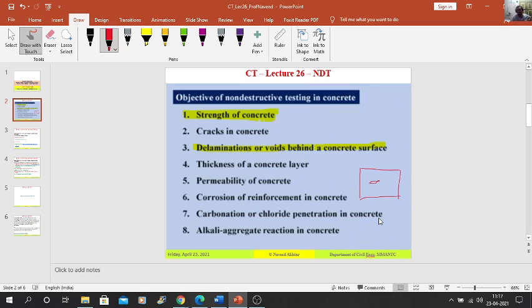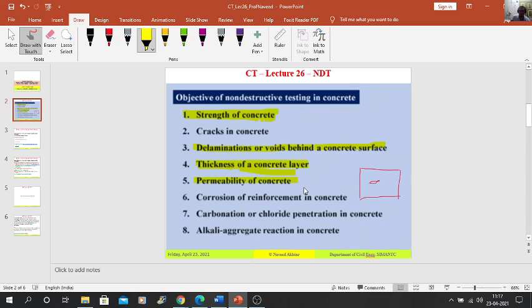And sometimes we have to find out the thickness of the concrete layer, then we go for the non-destructive test. Or when we want to know the penetration or permeability of concrete, then also we go for the NDT test.